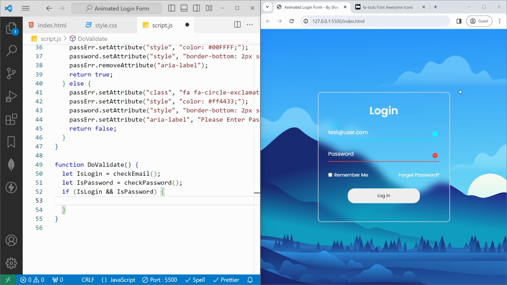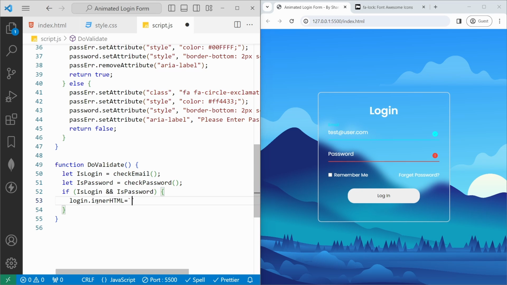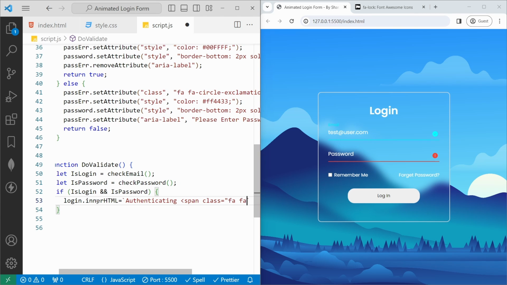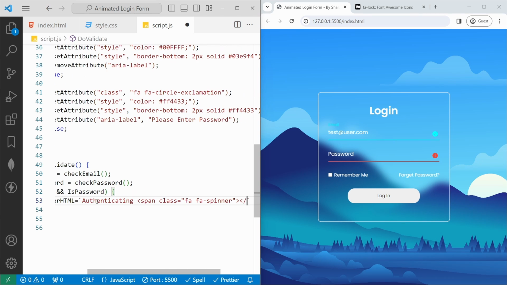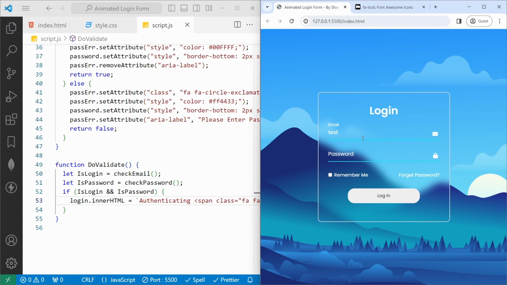We'll do the same thing in the JavaScript. So for that, once this happens, we'll set login.innerHTML with the text authenticating, and we'll add the loader here. I will add the class fa font-awesome spinner, and we'll close the span tag here. If I save, again I will type test@user.com and 123. If I hit login, now you can see the text authenticating with the help of innerHTML, and